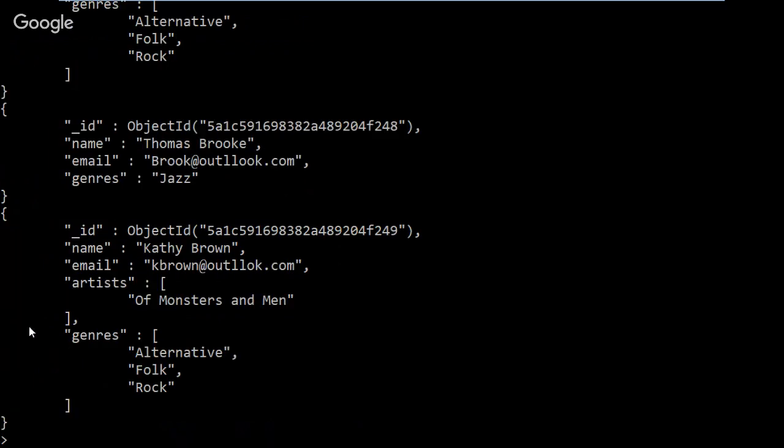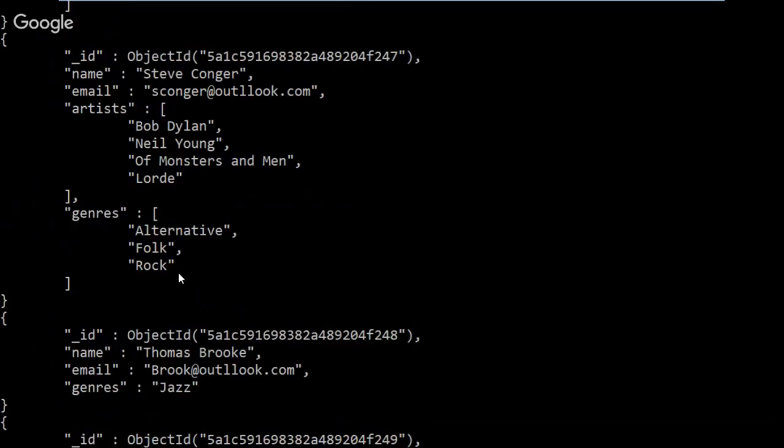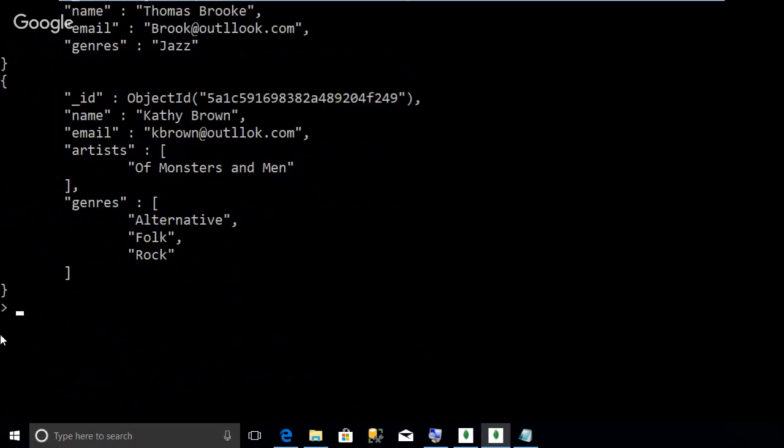So each fan can follow different artists, and they also follow different genres. Right, so I'm in there. I'm following Bob Dylan, Neil Young, Of Monsters and Men and Lorde, and these are some groups. But you would have had to name the fans. I don't think I did that for the fans. Yeah, and that's fine. As I said, there's a lot of different ways you could have set this up. So if I want to see which fans follow alternative, I could just do